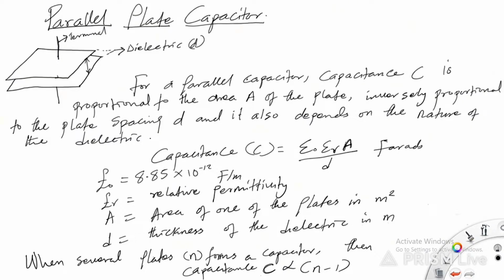So when we now have multiple plates, it can be 2, 3, 4, 5, 6, 7, 8, up to 20 plates. We can note the number of plates as N. We say several plates, which we note as N, now form a capacitor. Then capacitance is proportional to N minus 1. So what it means here is that when we have several plates noted as N forming a capacitor, multiple plates,